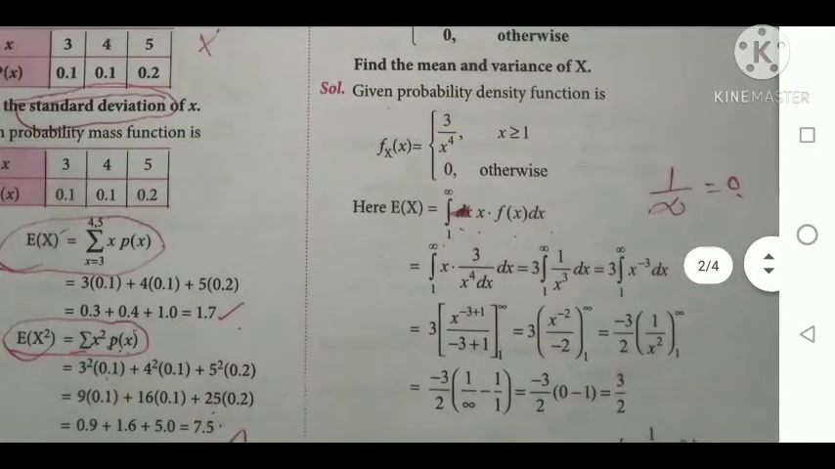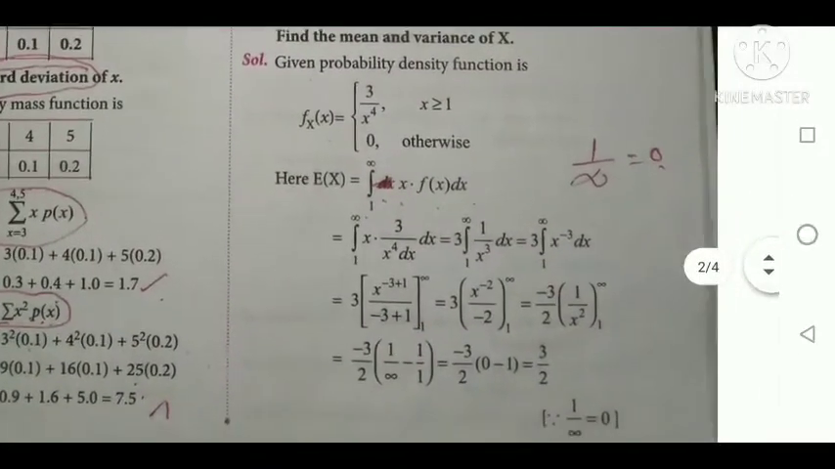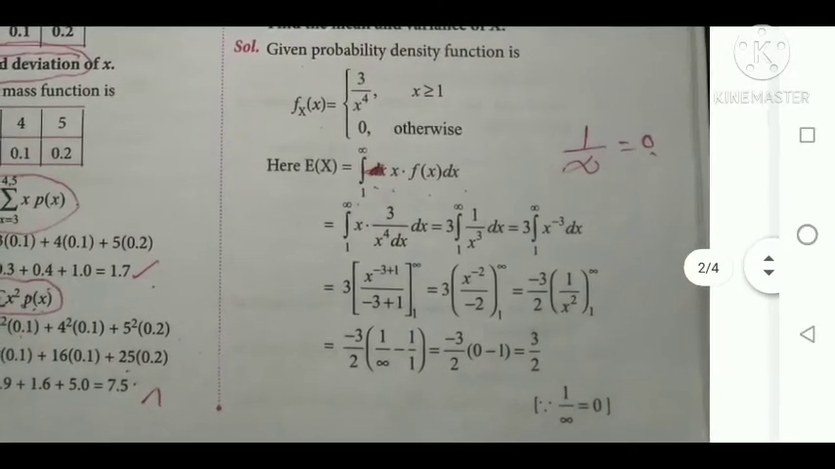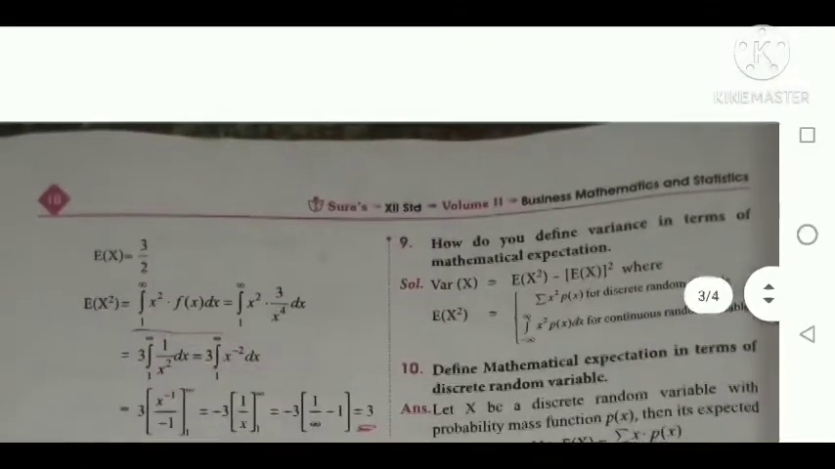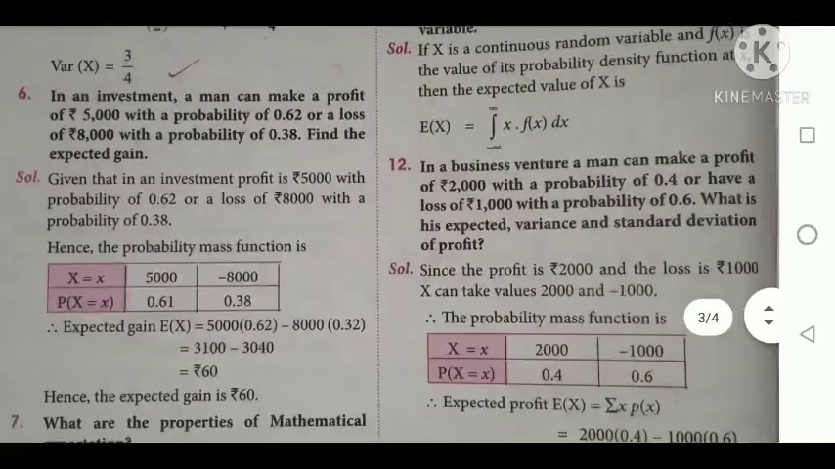In this question they asked the mean as well as the variance. Mean is nothing but the expected value. So the mean is the expected value, then we find the variance. Then the sixth question. In an investment, a man can make a profit of 5,000 with a probability of 0.62